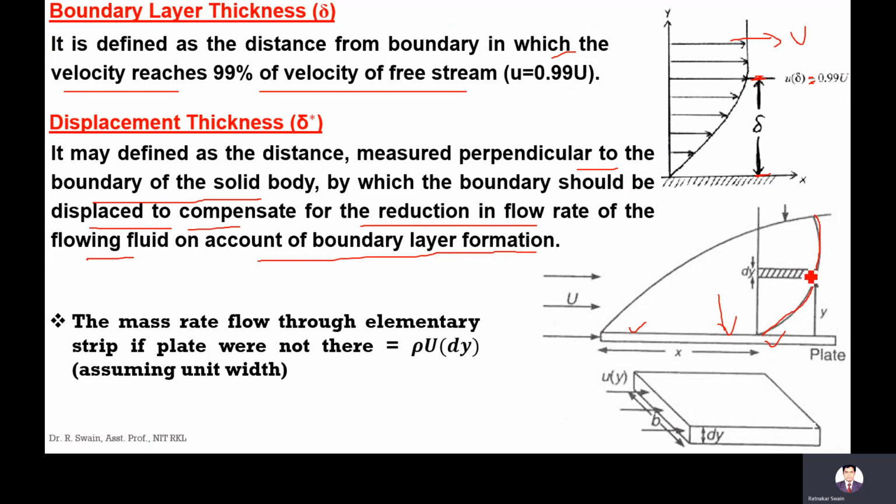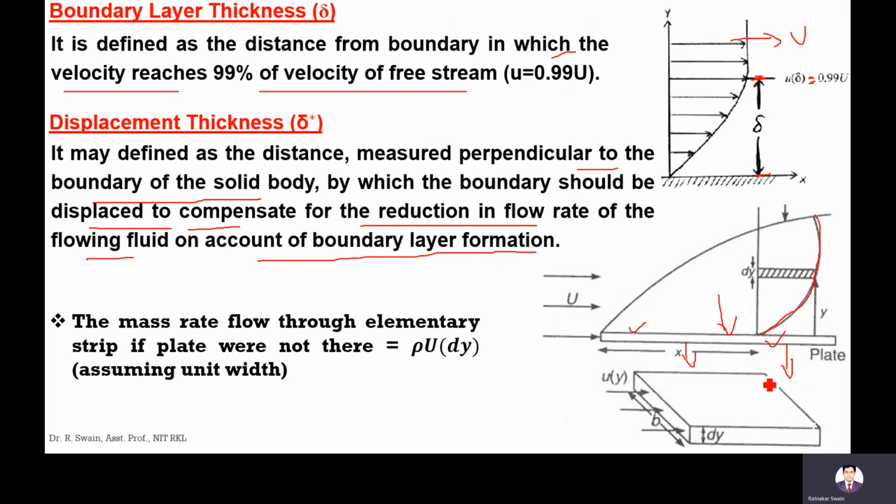So to compensate this flow rate, if the boundary can be displaced, it can move in this direction, and that displacement after which the flow rate can be compensated,